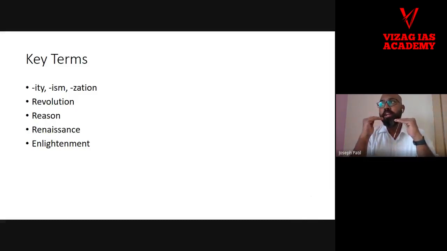Now, this new way of thinking that came as a consequence of Renaissance definitely challenged why we should believe what the church says. Eventually, it came to the point where there are laws to the universe. God is not doing it. We can discover the laws and we can make our lives better. That is reason. Similarly, to the state also, people started asking, and this was done by particular philosophers called Hobbes,